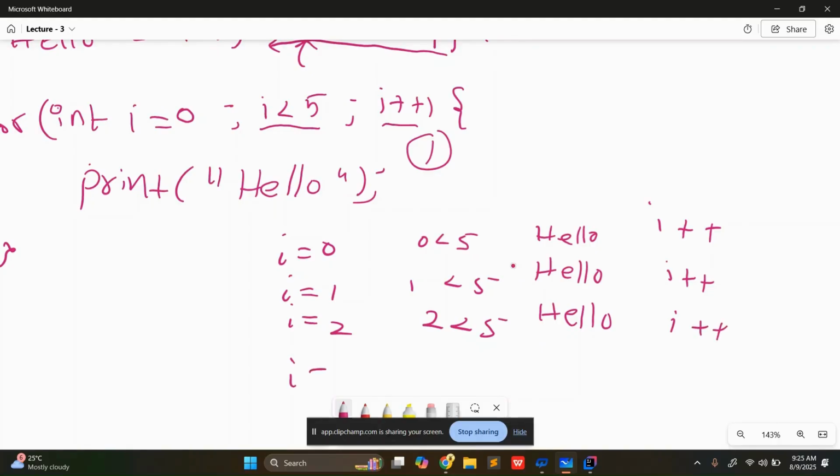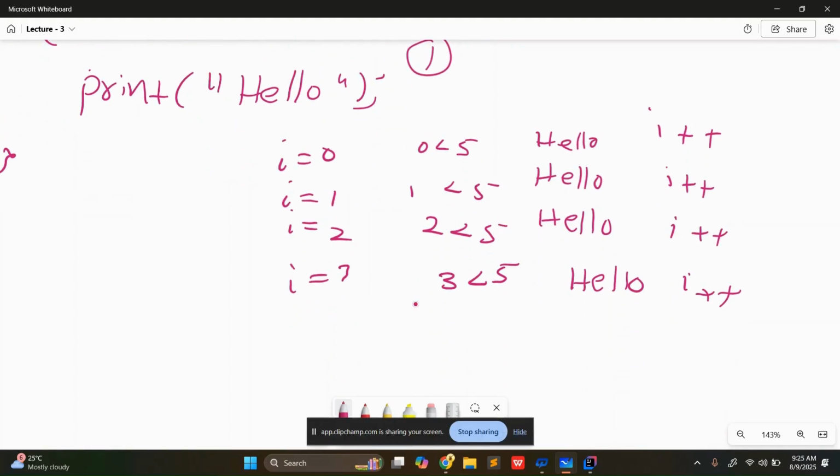Again, i is equal to 3. 3 is less than 5, so it prints hello, and it gets incremented and updated to i equals 4. You can see that 4 is less than 5, so hello is printed, and i is incremented. Next, i is updated to 5, and you are checking whether